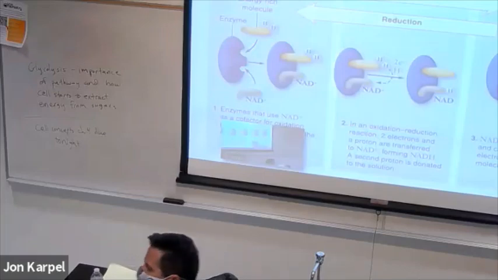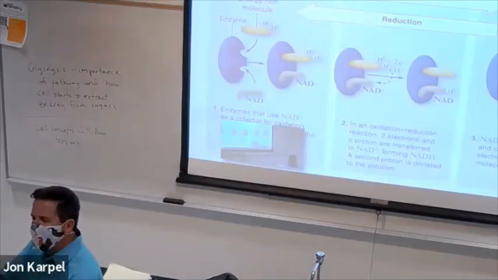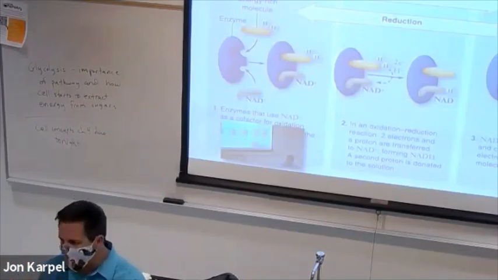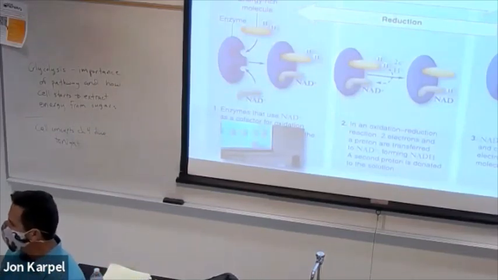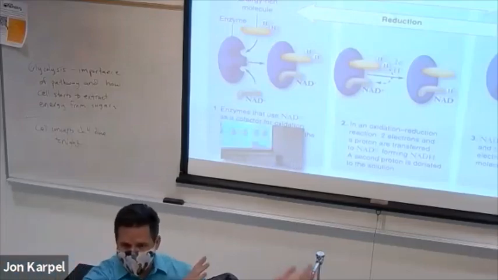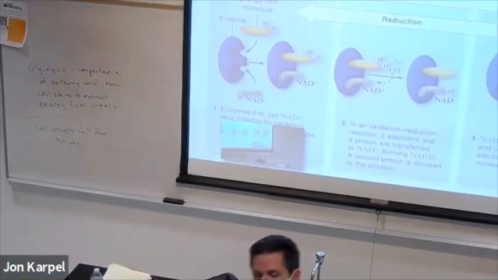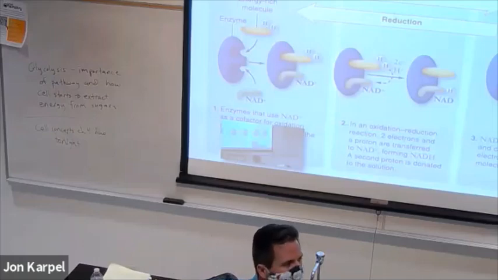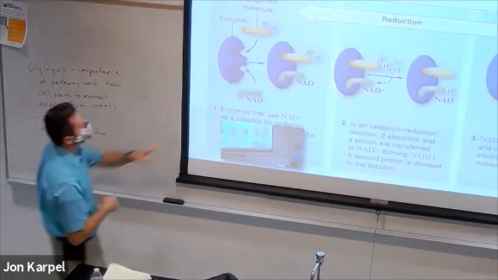So we're going to start with glucose, and we're going to do this kind of step-by-step process where we start to break the bonds, release the energy. We lose some of it, right, at every step. But the cell is going to try to capture that energy in these redox reactions so we can do work with that energy. So we want to keep in mind what's going on with these electrons,